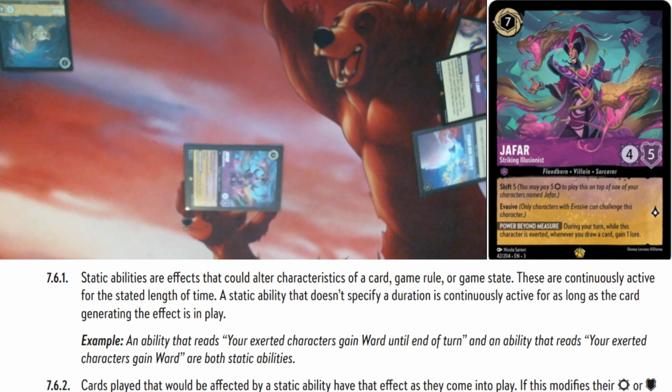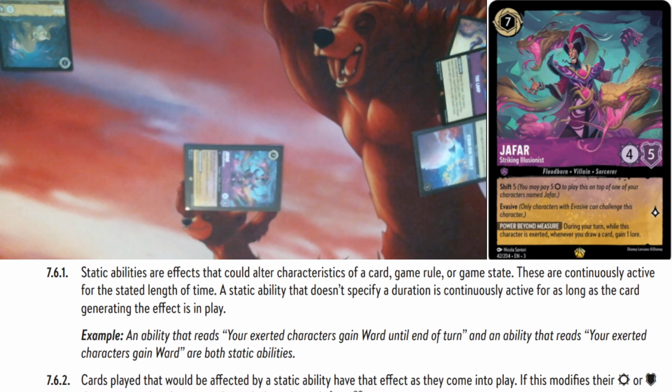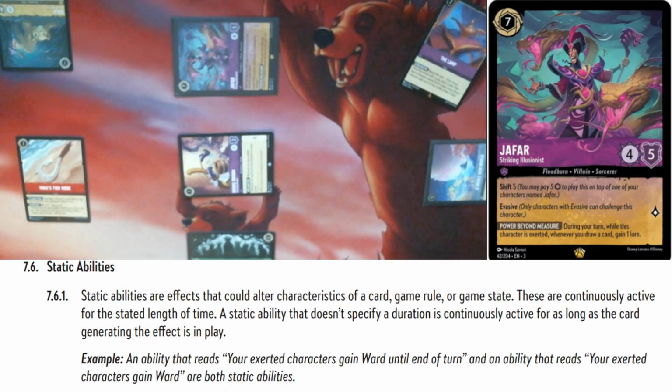Static abilities are effects that can alter characteristics of a card, game rule, or game state. They are continuously active for the stated length of time. A static ability that doesn't specify a duration is continuously active for as long as the card is generating the effect. 7.6 talks about static abilities. Static abilities are effects that could alter the characteristics of a card, game rule, or game state. These are continuously active for the stated length of time. A static ability that doesn't specify a duration is continuously active for as long as the card generating the effect